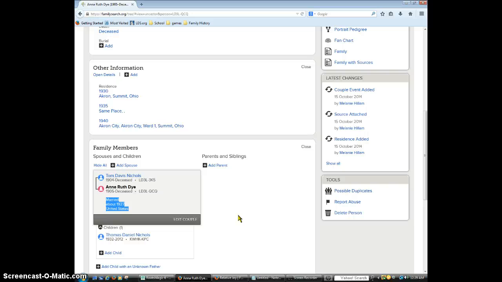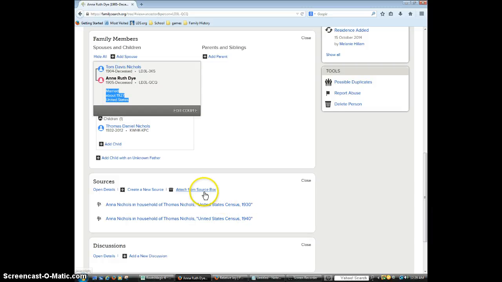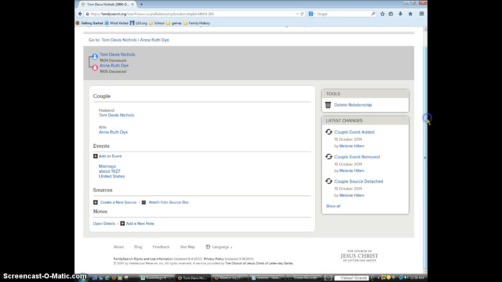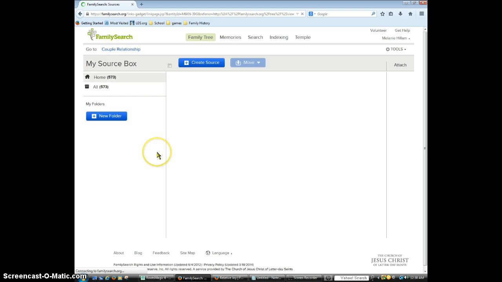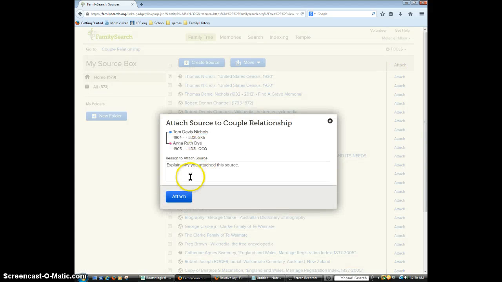Now the reason we clicked on that source to be able to add it to our source box is we're going to go in and edit this couple, and we're going to use it as a source to prove their marriage. So we could either create a new source or attach a source from the box. We're going to choose that and wait for my hundreds of sources to load, and then we're going to choose Thomas Nichols and attach it. And then we're going to explain why we're putting it there. So the 1930 census